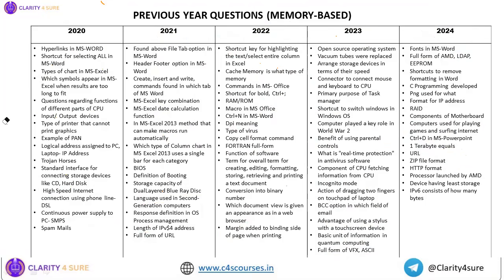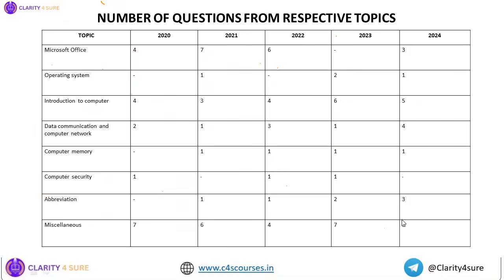Then the second key point is what? That there are some out of the box questions, but we cannot expect where they will come from. So those are the things that if you don't know, you just need to leave them. Okay, right. So now that we've seen the PYQs, let's see